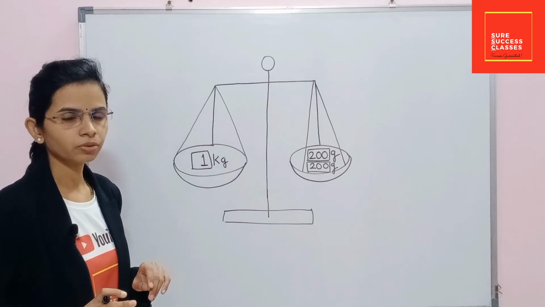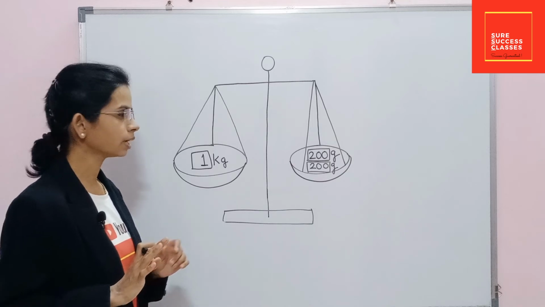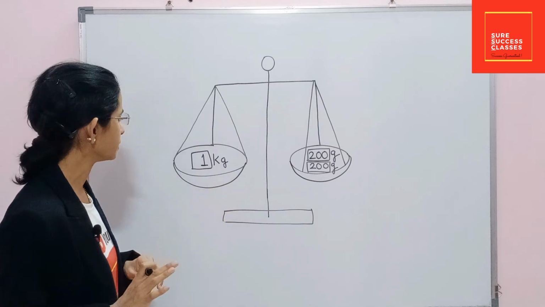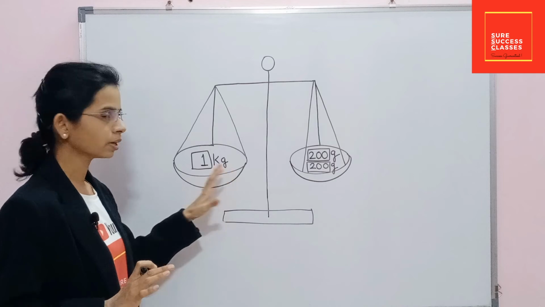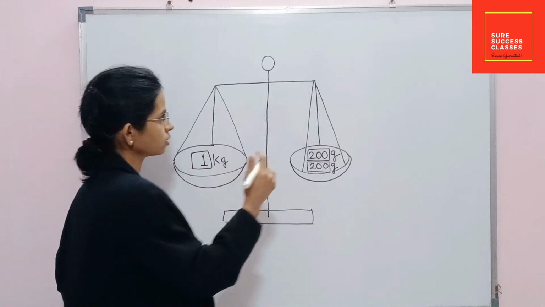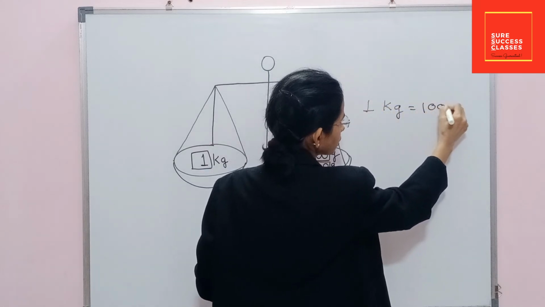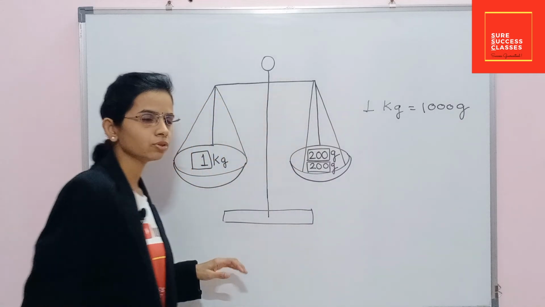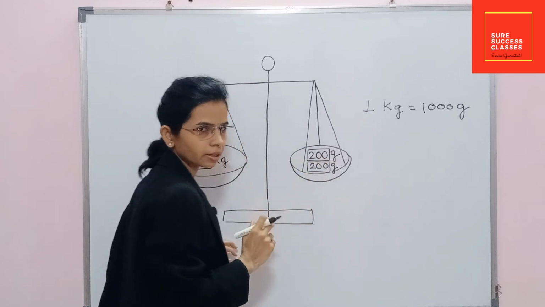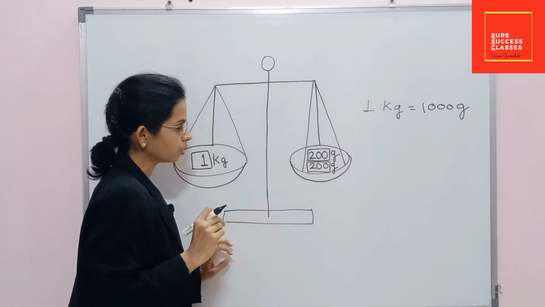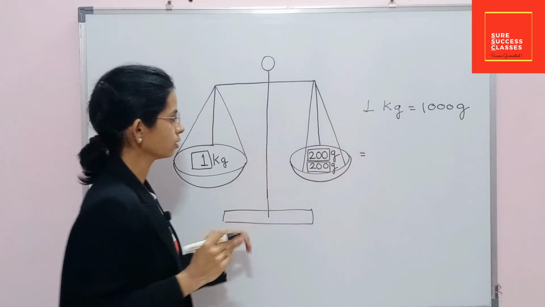Students, let's solve one tricky question. Here the question is, can you determine how much weight has to be added to the lighter pan so as to balance both the pans? If you observe, in the first pan we have 1 kilogram. We know 1 kilogram is equivalent to 1000 grams. And if you observe this second pan, here we have one block of 200 grams and another block of 200 grams. When we add these two blocks, then we will get the total weight of this pan.